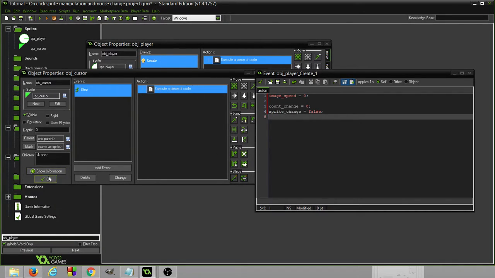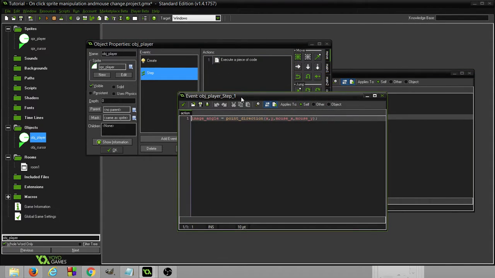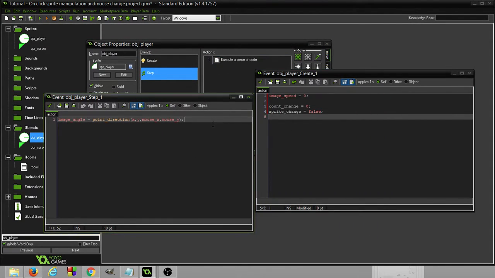So let's close out of object cursor and go into the step event of the object player. So if sprite change, and because it's either true or false, we don't need to write equals false. It's already either true or false. If it was a number, what we could do is check if it's equal to the number 0 or if it's greater than 0. But since it's already true or false, we can just write if sprite change. So if it's false, it won't run this, because if statements work like this. It says if this is true, whatever this statement is, then do